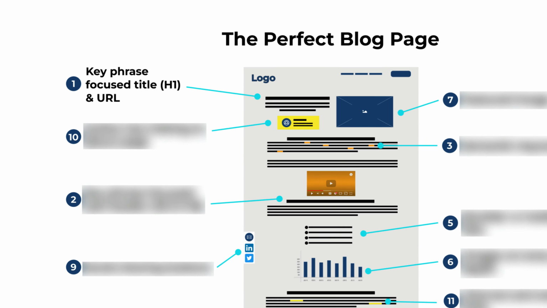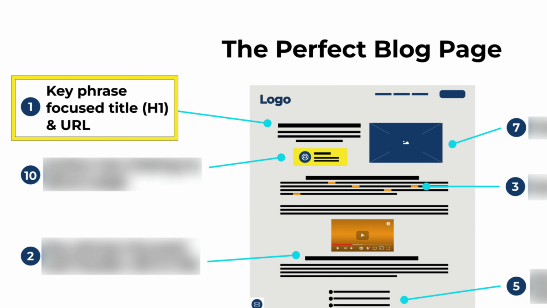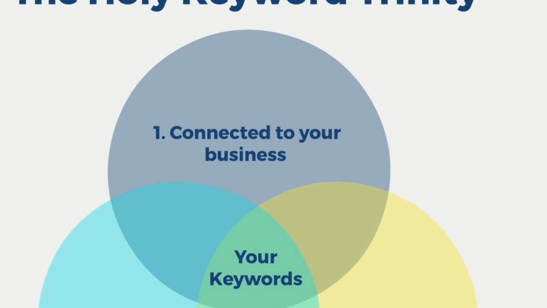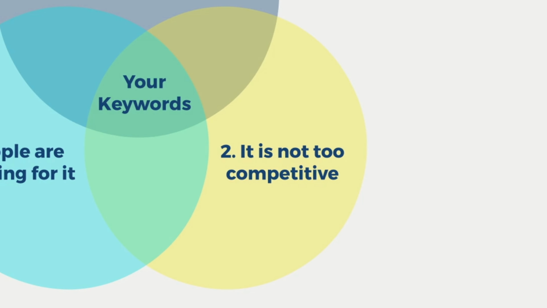Number 1, your blog needs to have a keyword-focused header or H1 and URL. This target key phrase is something that your audience is interested in, and it's something that you have a high enough domain authority to rank for. And if you don't know how to do this keyword research, make sure you check out the keyword research course